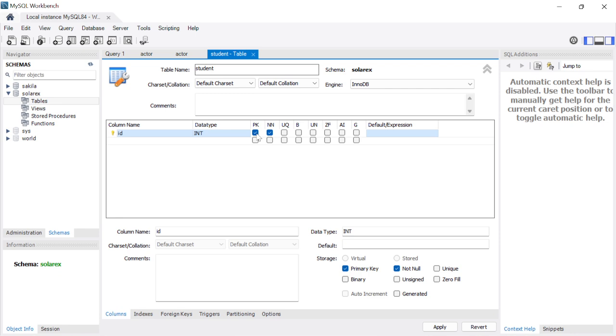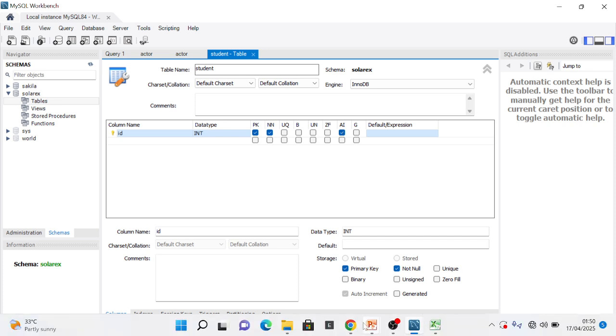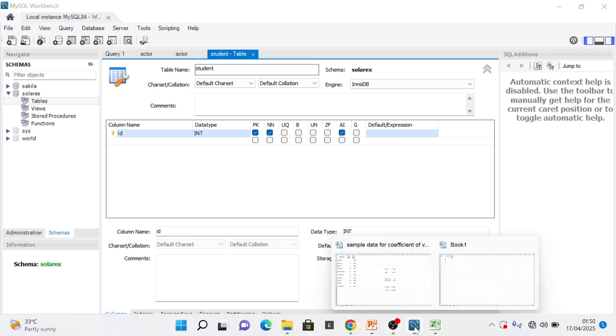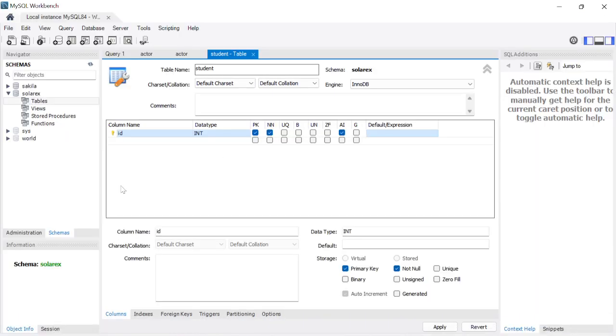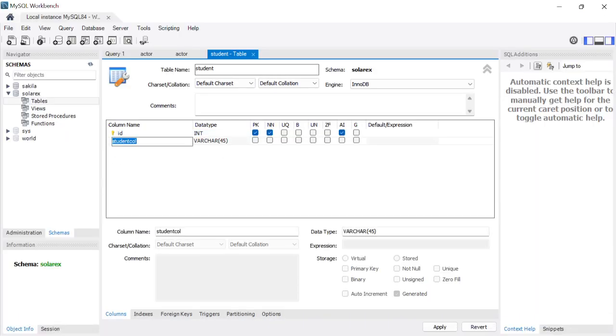Primary key is simply a unique identifier that you can use to connect this particular table, or to make reference to each of the rows or each of the users in this particular table. So then it's always auto increase. That's why you see that when I was working in Excel, I kept on writing 1 2 3 4 5 here. So it's normally auto increase. You understand? The primary key. So let me continue. After that, let's say name. You can leave that in varchar. Then the last thing I did is gender. Exactly. So now the first table